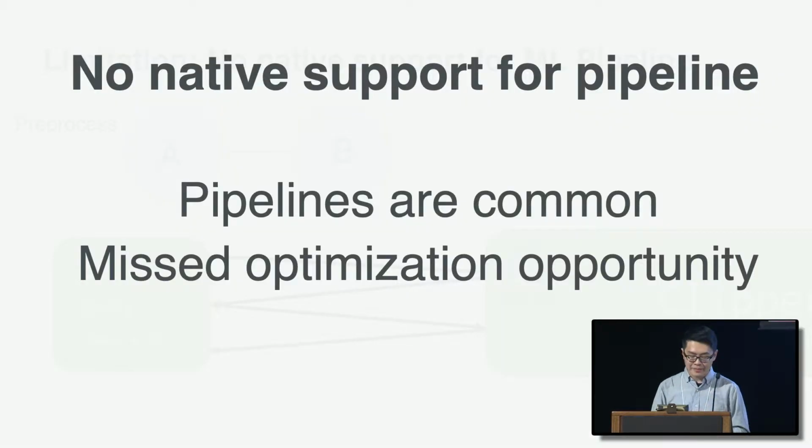Clipper has no native support for pipelines, even though pipelines are common. And we have missed a lot of interesting pipeline composition and optimization opportunities. Let me point out here that we believe this issue does not belong only to Clipper. Systems like TensorFlow Serving or Microsoft ONNX Runtime also have this kind of problem: they are not aware of multi-model composition, not aware of upstream and downstream models, and they only serve one single model.